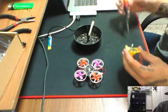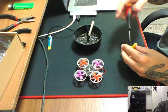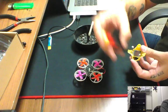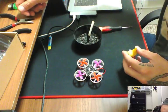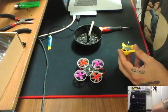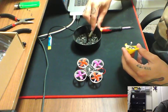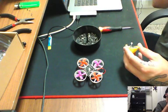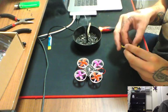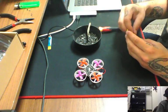Unscrew. 2 screws. Alright, so you can see, just popping this little VTX out. Where did that little screw just go? Oh, haha. Alright. So yeah, we're just going to pop this VTX out. I'm going to swap the sides here. So we're going to have this come out of